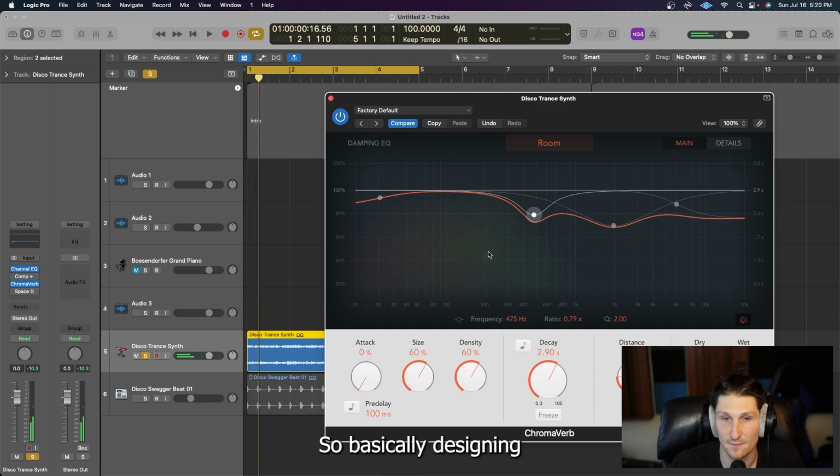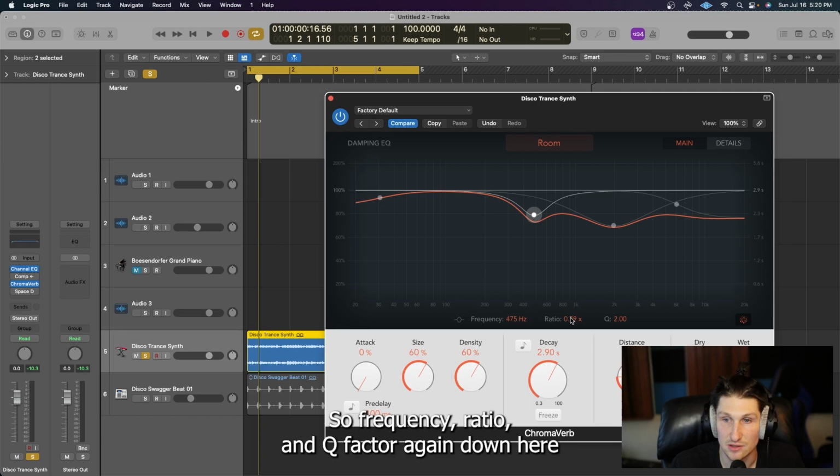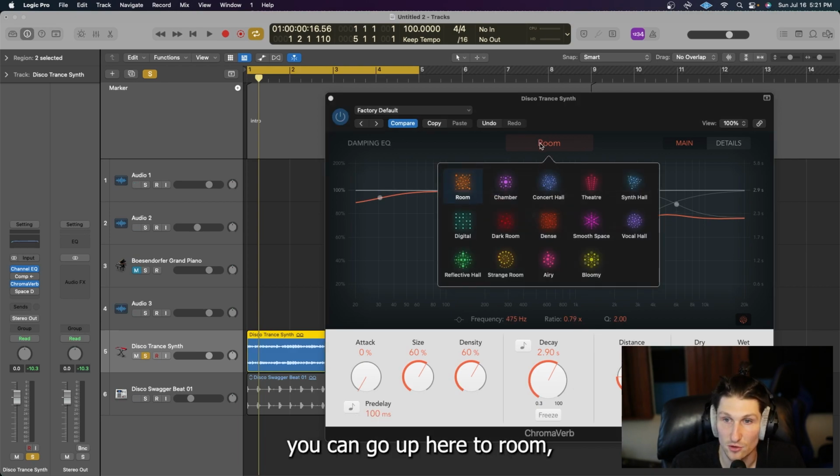You're basically designing which frequency range the reverb occupies. So frequency, ratio, and Q factor again down here. Ratio is basically the gain, up or down. And then if I wanted to change the space, you can go up here to room,